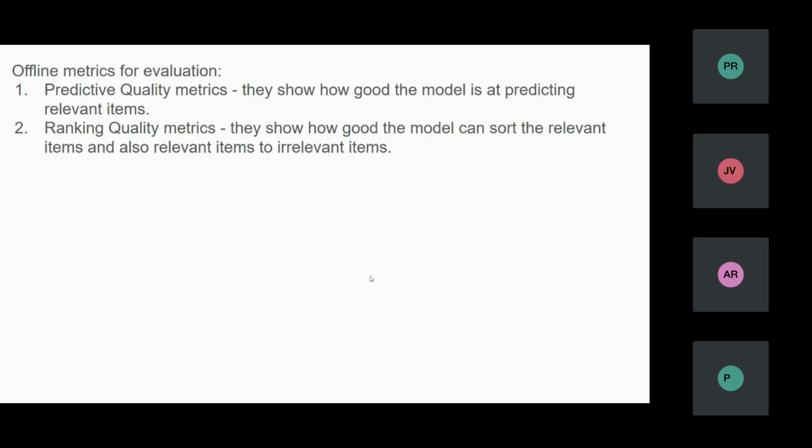So let's say there is a list of 5 items and we find our relevant item at fourth, then it is not a good list. We want the relevant item to appear higher up in the list, and most probably first in the list. So this is what the predictive quality metrics measure. Ranking quality metrics show how good the model can sort the relevant items,